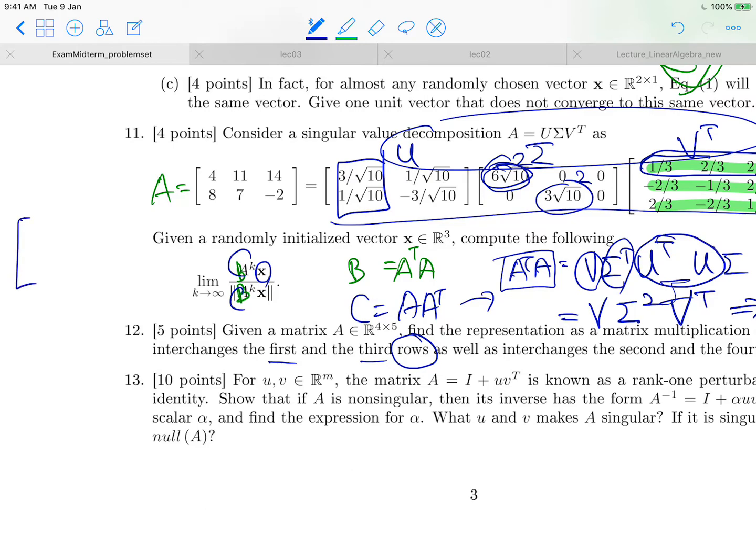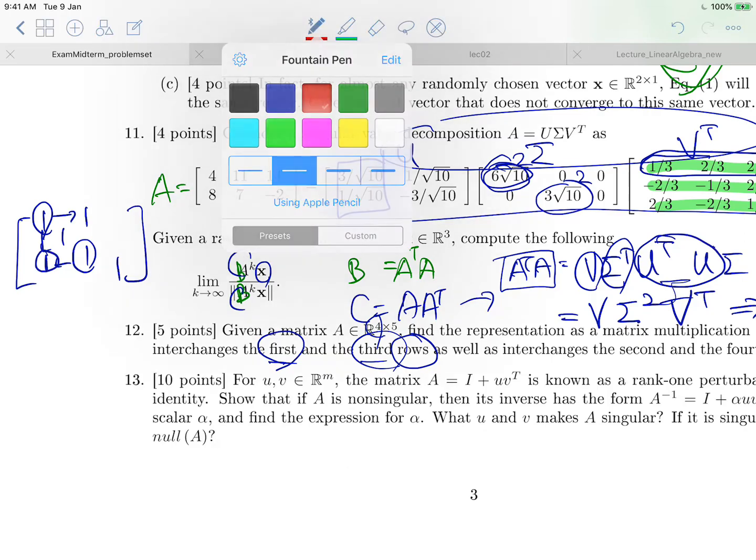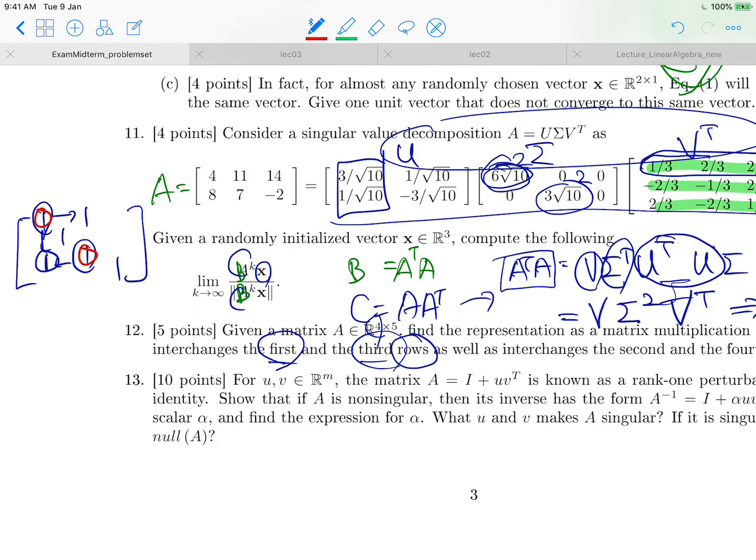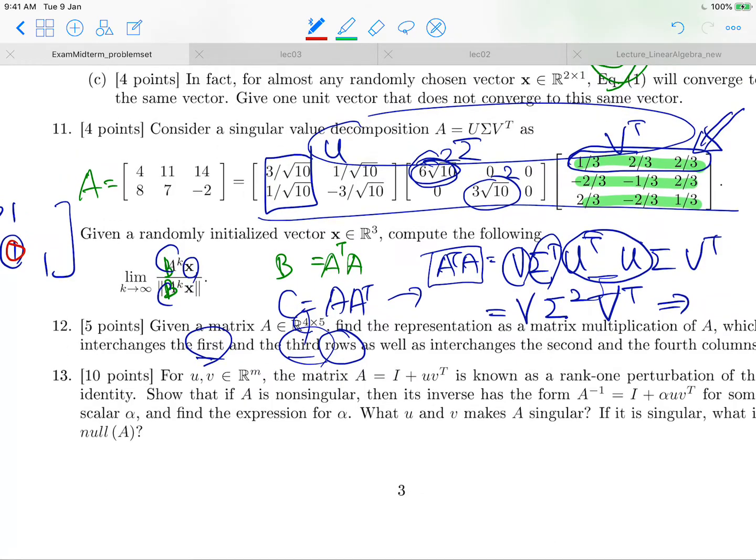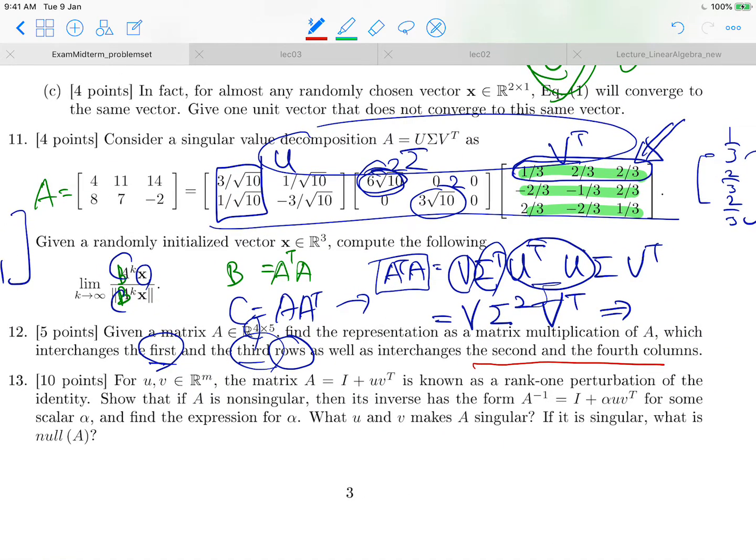So in this case, it should be a 4x4 matrix, and if we interchange the first and the third row, then we just change it into this, right? And we have to set the others as 0, right? So this is the permutation matrix. And then likewise, we can also obtain the column-wise permutation. Okay, and then